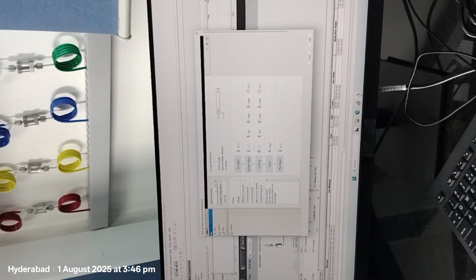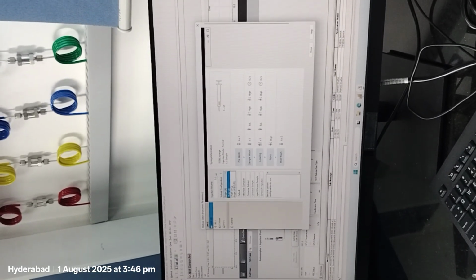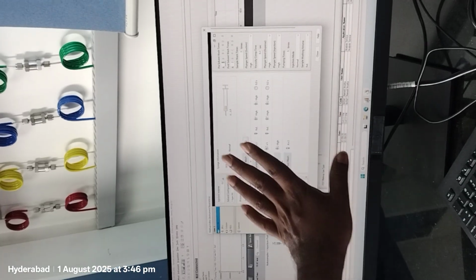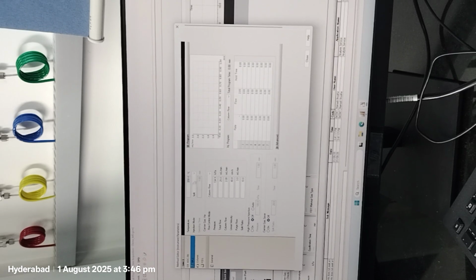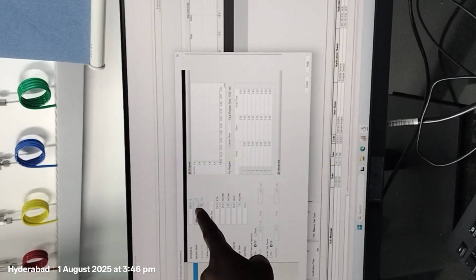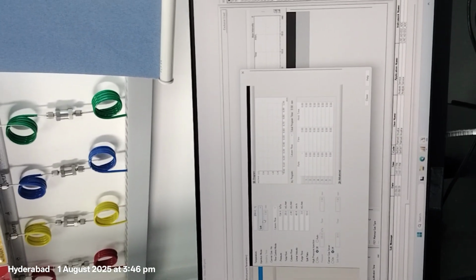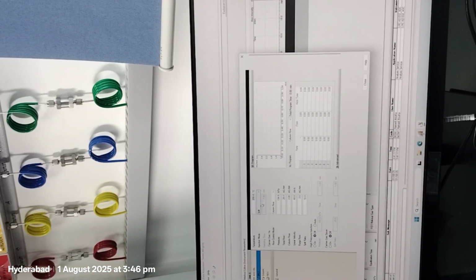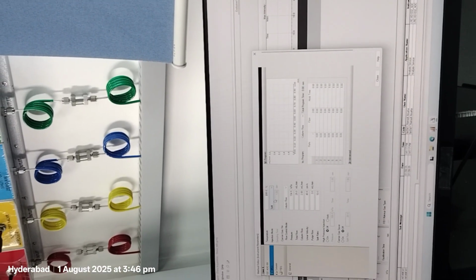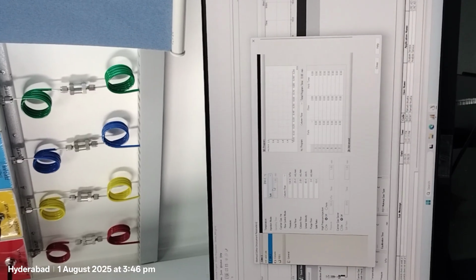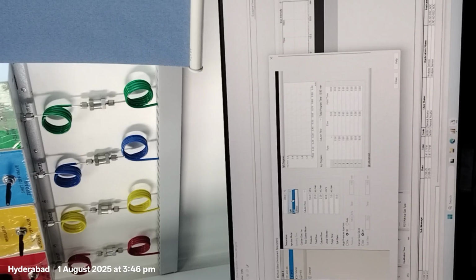So I selected type 1. For rinsing, it is default already, no need to change. Then SPL. Here our injection temperature is 200. Here we are going to use split and splitless. Yesterday you listened to what splitless is. By default in the GC we are going to use split. It is default. If required, you can go with splitless also.